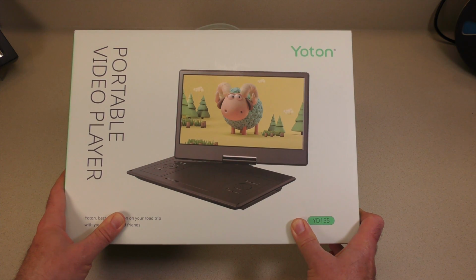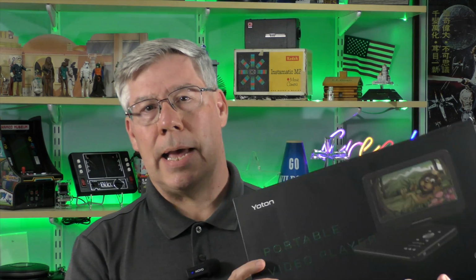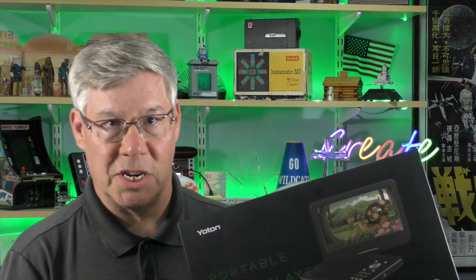In a past episode, I reviewed a portable video player with a viewable screen size of 14.5 inches. While I liked the device, I received a comment or two mentioning it was a bit big. Well, luck would have it, Yoton saw my video and asked me if I'd like to review another unit that's a bit smaller. Well, this portable video player has a 10.5-inch screen, which some might find makes for a better